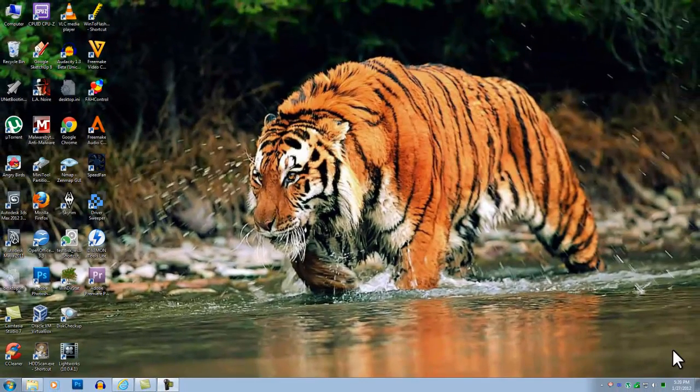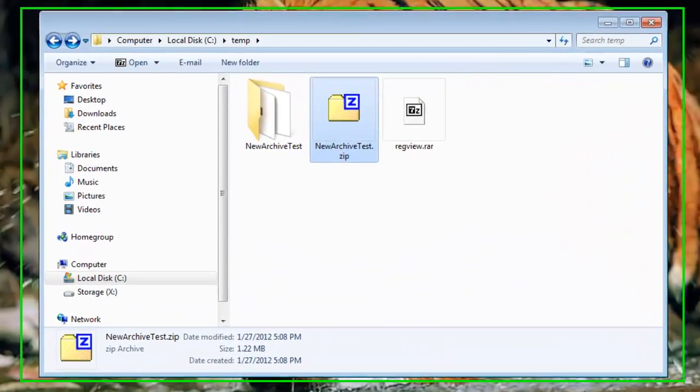Now usually when you use 7-zip, you're not going to open the file manager before you get to a file. You're going to browse around, get to the file, and realize you want to open it. So most of the time I use the 7-zip menu available when you right-click on files and folders. Let's open back up the temp folder. I have a test RAR file we can use here.